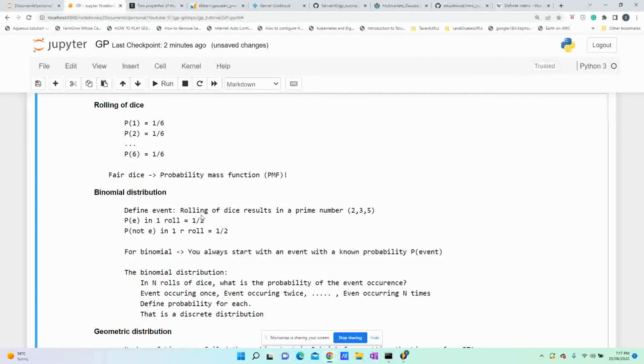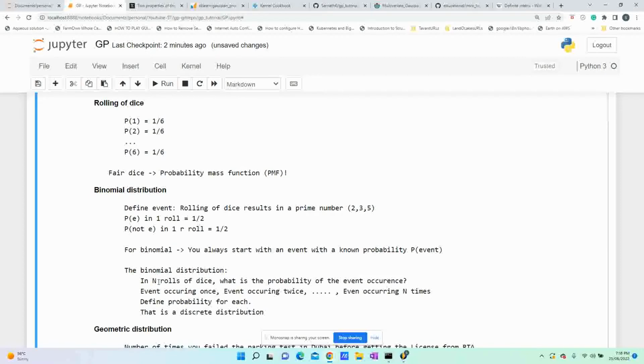Then we also know about the binomial distribution, which talks about, let's say, if I roll this dice 10 times, what's the probability that I get an even number 7 times? What's the probability that I get an even number 3 times? Like that, all the way up to 10 times, that forms a distribution that is called